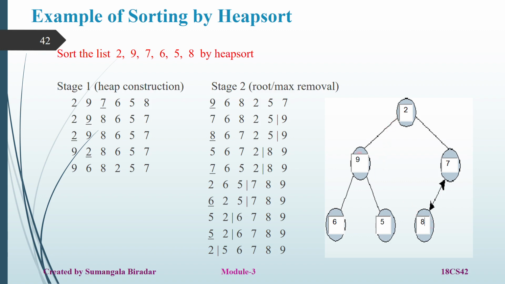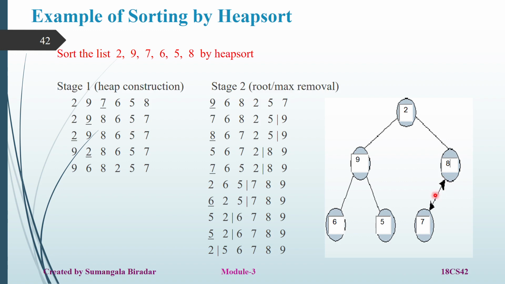After inserting, next you have to check. This is your first line here. Next you have to check the criteria. What is that criteria? That it is a heap tree. The first condition is that it is partially complete. And the next condition is that the parent key value must be greater than the child key, but it is not. If it is not, you already know how to construct a heap tree. Now here you have to swap these two elements. If I swap, then I'll get the elements like this. So what is your second line now? 2, 9, 8, 6, 5, 7. See here, this is the second line.